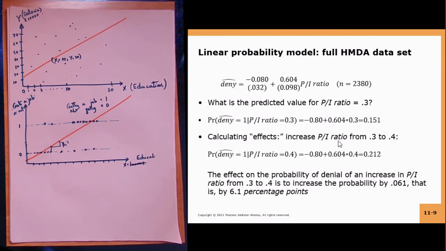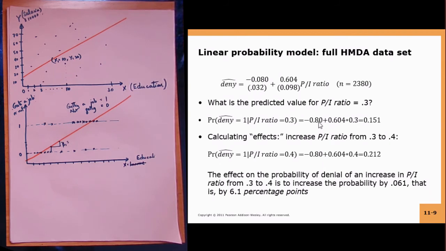Now, if your PI ratio increases from 0.3 to 0.4, that is, instead of the payment being equivalent to 30% of your monthly income, the payment becomes equivalent to 40% of your monthly income, then what is the probability that your application will be denied? Given this particular estimated equation, it will be minus point